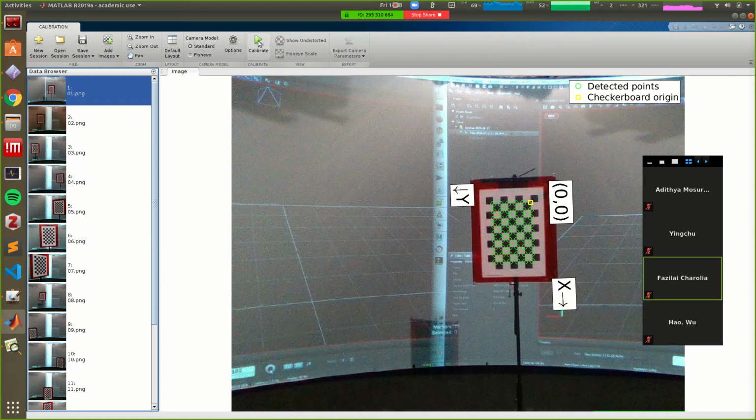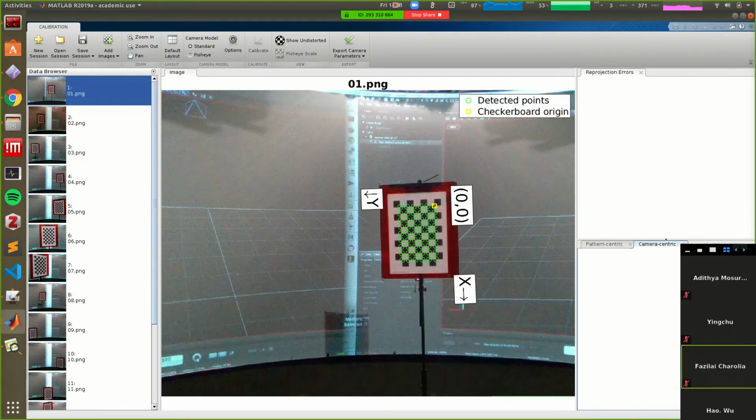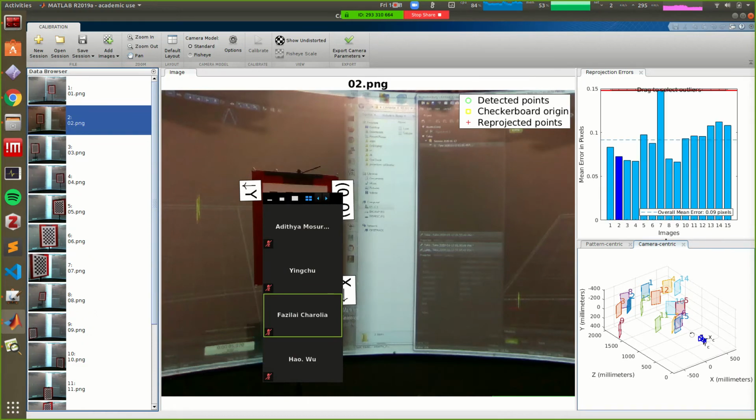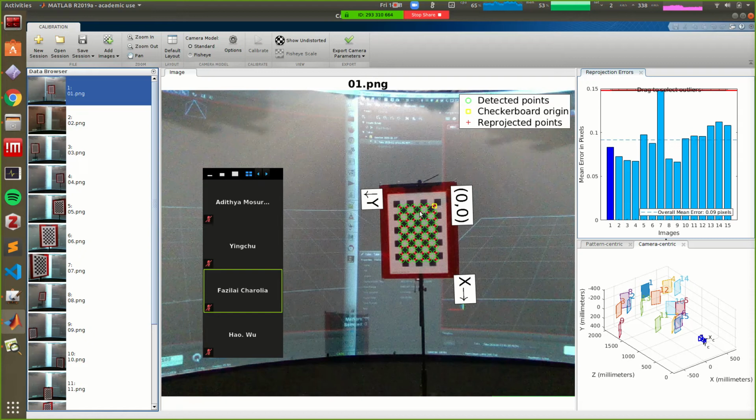So then I click calibrate, and then it does the calibration, right? And gives the result here. So here in the bottom you can see, like I said before, it has reprojected into 3D space, right? Purely using 2D images, and the size that I said each of these squares are, right? So you can see that the images have been projected out, and here you can see something very important called